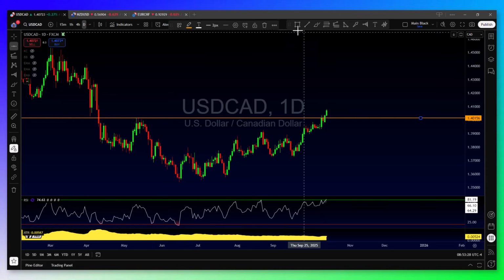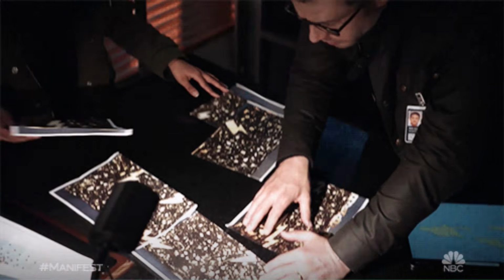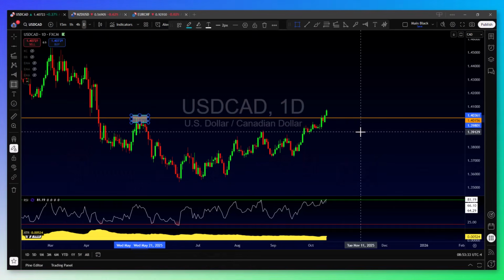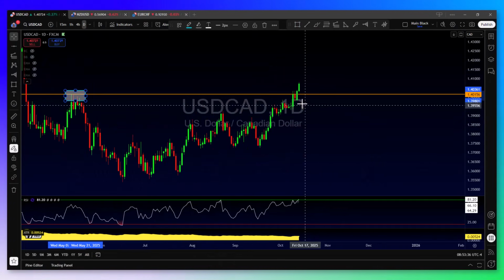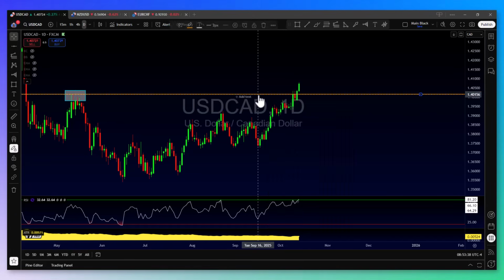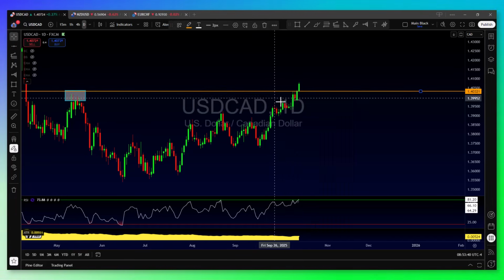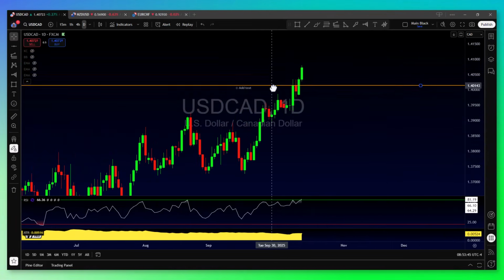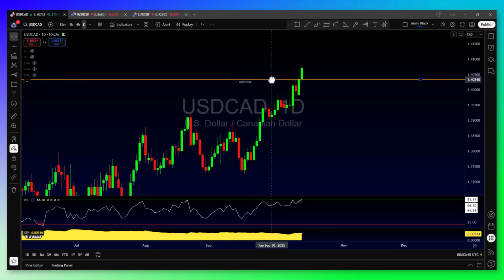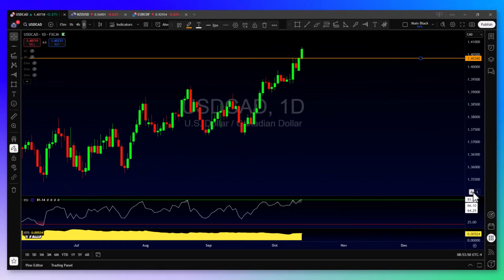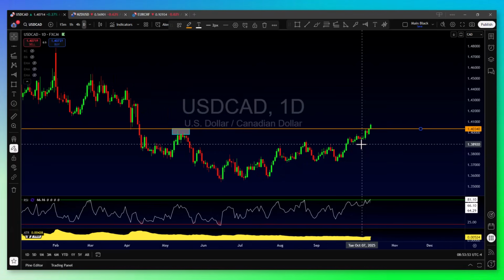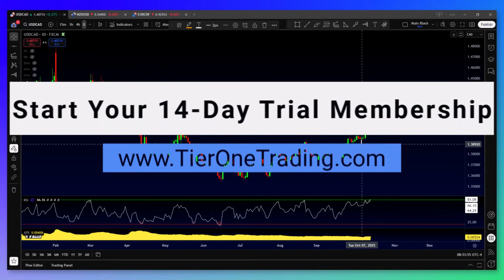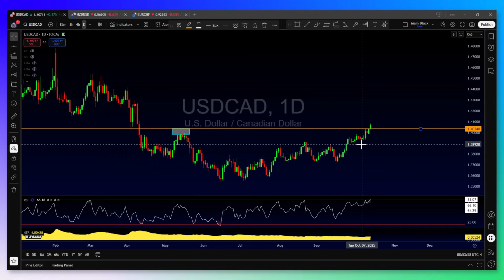And I like to use my horizontal line tool to identify my most recent level of outside structure, right? And we can see that recently price action tested that level, so we gotta adjust that up a little bit because it probed new highs. And then we have broken and closed, or working on breaking and closing above that level. So we don't have confirmation of that yet on the daily, but if we're assuming that we're going to get a break and close above, the next question we have to ask ourselves is, if price action goes higher, well,